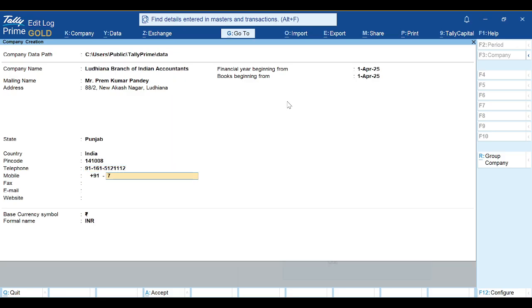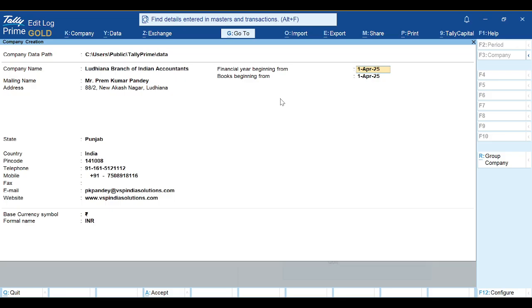Mobile number, fax, email ID, website. Here books beginning from,